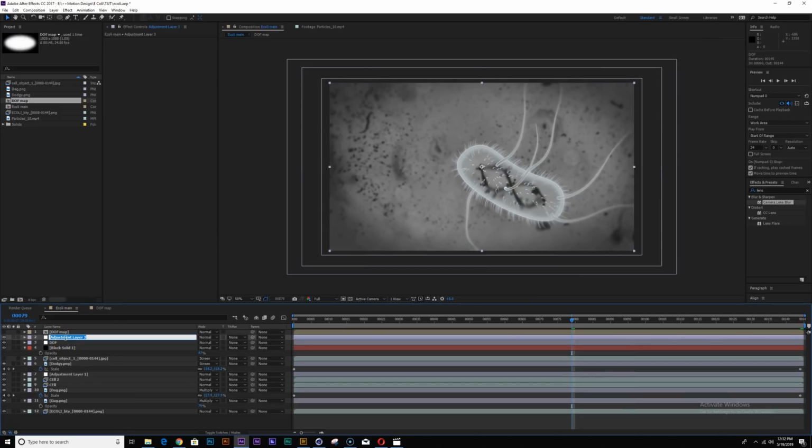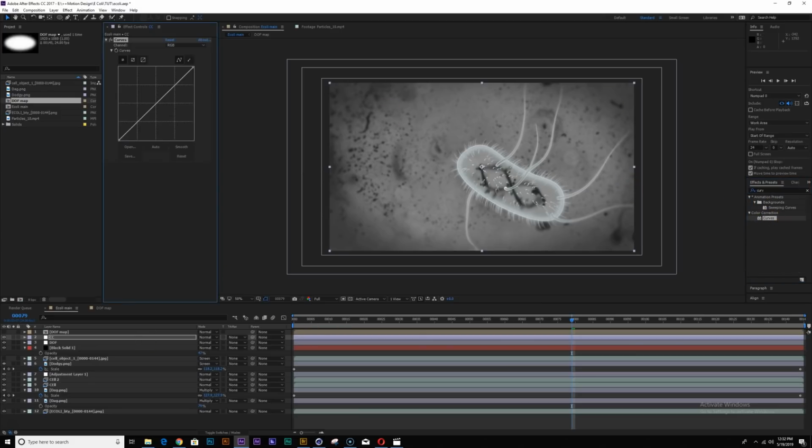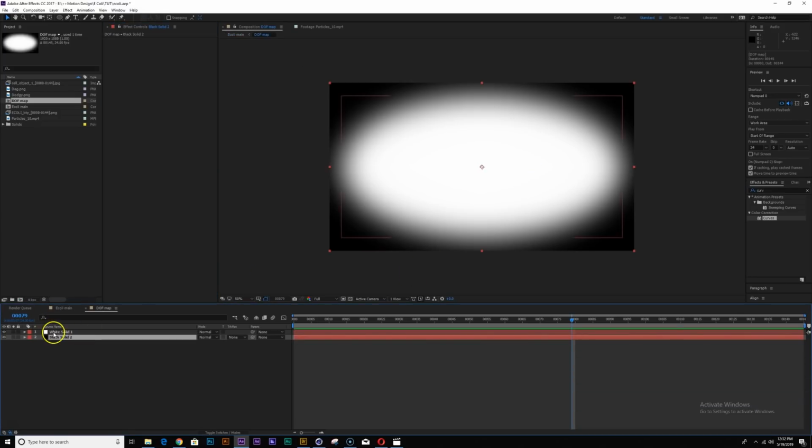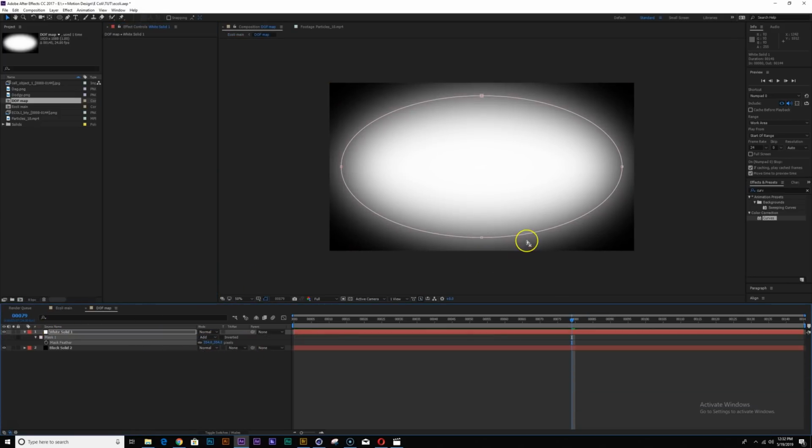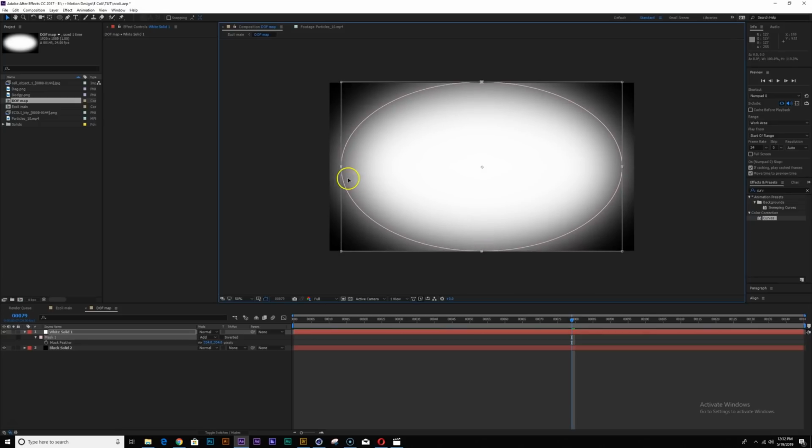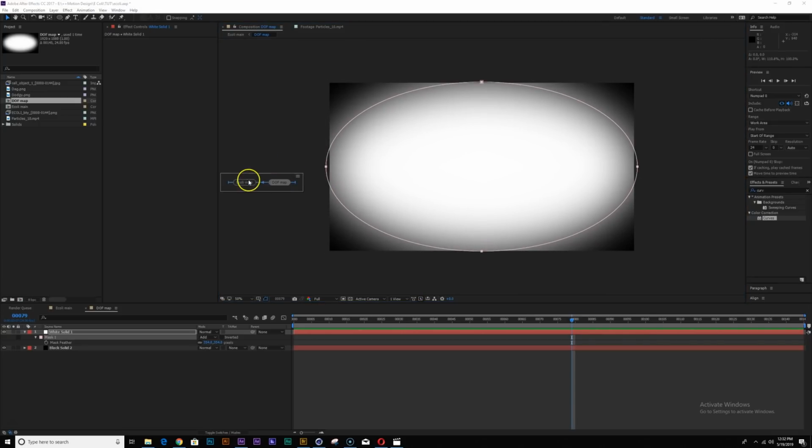Let's add an overall adjustment layer. I'm going to call that my color correction. And I'm going to go back here too and just feather, make it a little bigger. Let's go back.